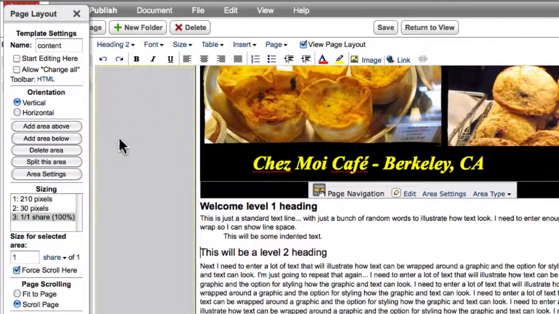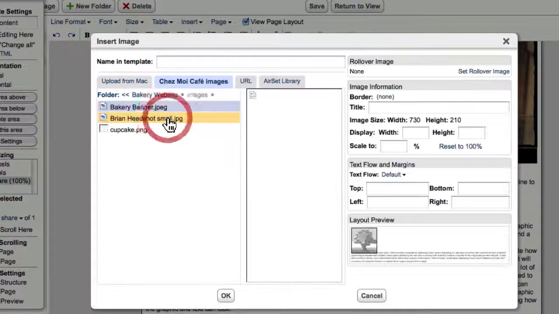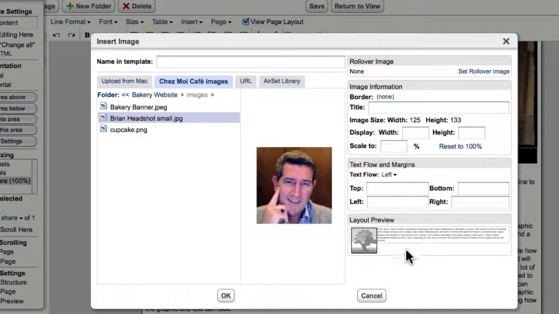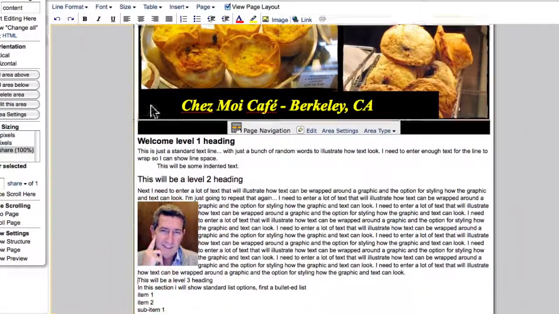And to place a picture on the page and have the text flow around it, I click where I'd like to insert the picture and then click on the Image Toolbar button. In the dialog that appears, I choose an image source, in this case a photo I've already uploaded, and the option to have the picture on the left with text wrapping around it. Next, I'll choose a level 3 heading for this line